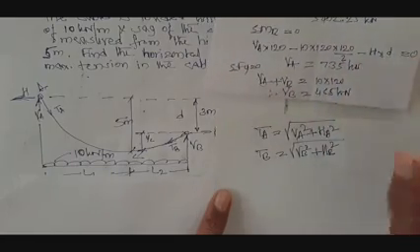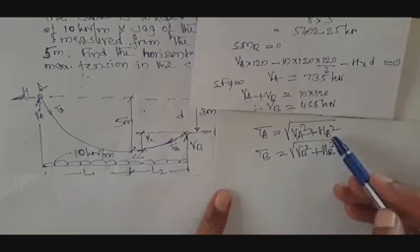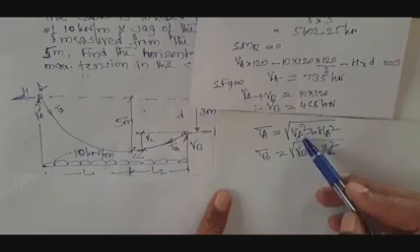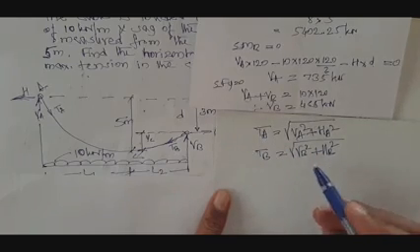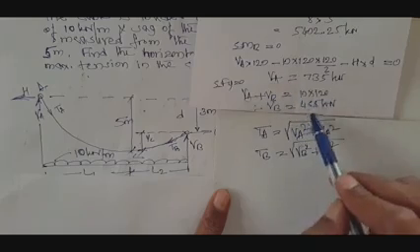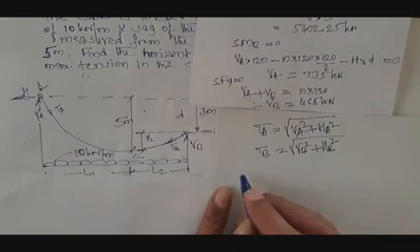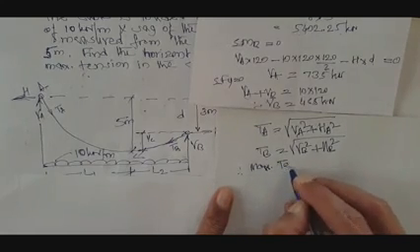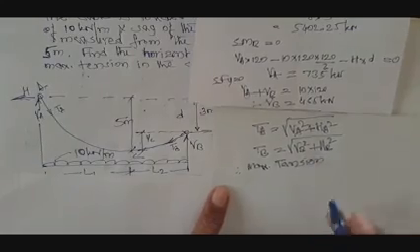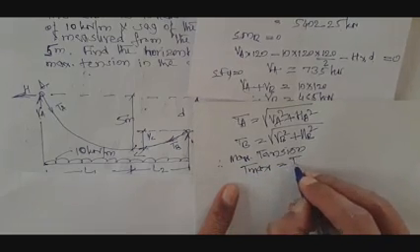VA also calculated, VB also calculated, this is 465. Now, where does the maximum tension come? HA and HB are the same. So naturally it depends on VA square and VB square. If VA is greater than VB, TA will become maximum tension. If VB is greater than VA, TB will become maximum tension. Here, if you compare the values, VA is 735 whereas VB is 465. Therefore maximum tension, that we call T maximum, is nothing but TA.